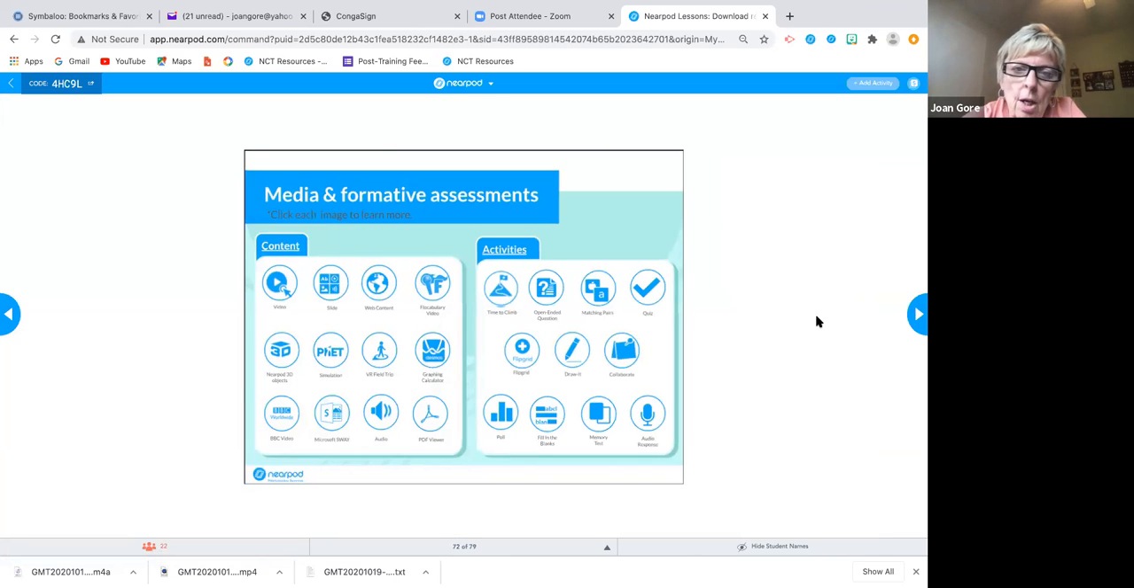Nearpod does a great job of when you do take a lesson, you want to add more to it. You can add content or you can add activities. And so you can add videos, you can add a web URL. If you're a math science teacher, right now it's pretty hard to do for a hands-on science. And so these are math simulations that you can bring in. Here's a VR field trip, Desmos,